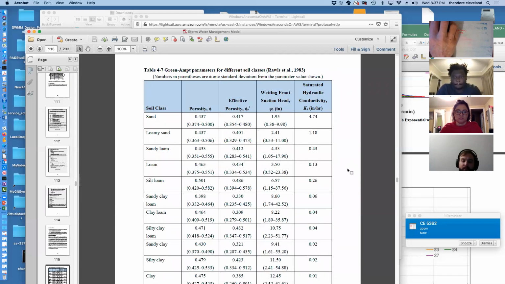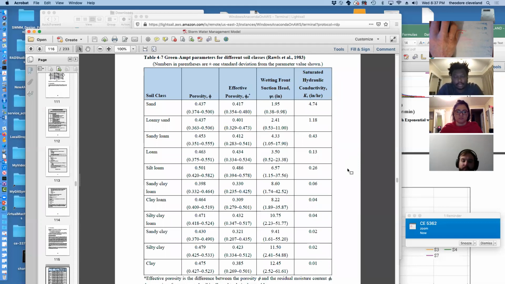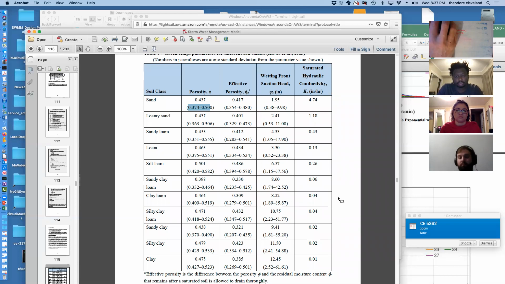And here is a table based on data for 5,000 or 6,000 different soils across the United States, mean values, and then plus or minus 1 standard deviation. So every number of the alphabet is on this table. So there's quite a bit of flexibility in the Green-Ampt method, and it is considered somewhat more defendable than Horton's method because there's the illusion of it being less subjective. And bear in mind, I use the word illusion intentionally,